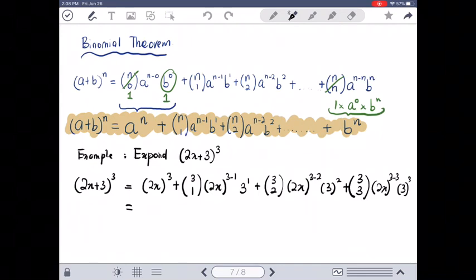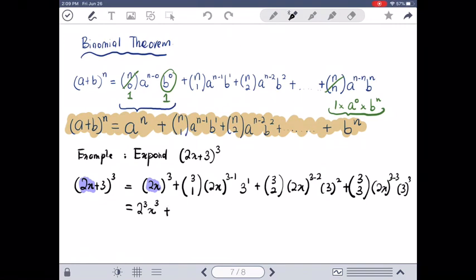Okay. Since the first term is 2x, therefore you have to put 2x in brackets. Sometimes students like to write 2x to the power of 3. We need to know that the whole first term, a, is equal to 2x. So you need to put the brackets. It is a common mistake always made by students. Because when you expand, this becomes 2 to the power of 3, x to the power of 3, plus with,